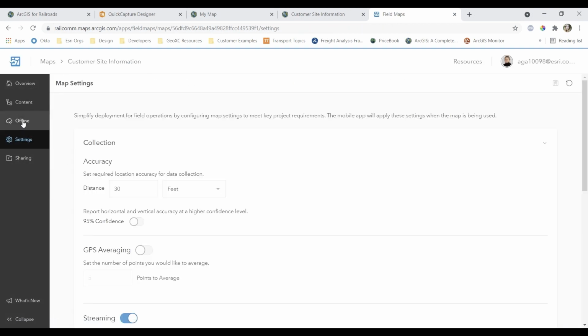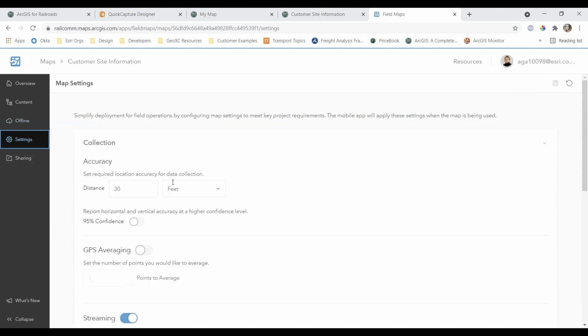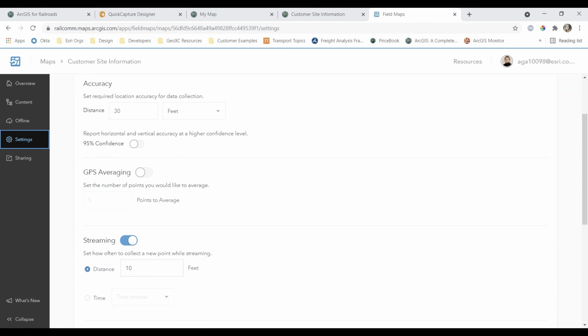And then one last thing that I want to show as well is you can pre-program and pre-download map areas for your field workers to utilize. And then there's similar settings in here as in Quick Capture on accuracy, kind of confidence and accuracy requirements for collection. So really quickly here,